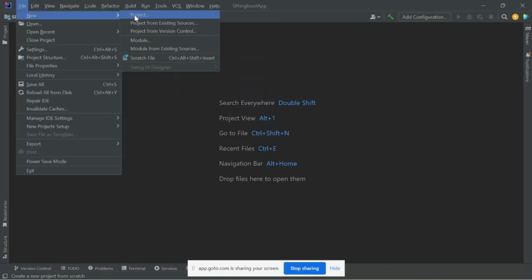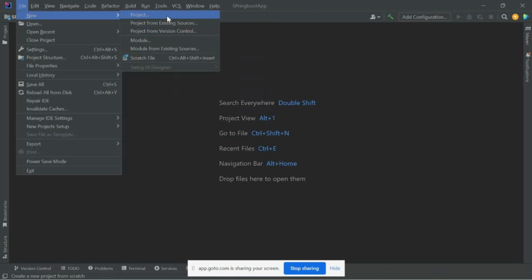Next is TortoiseSVN, again an open source version control you can use. Next are CVS, and for other programming languages there are ClearCase and others. So many version controls are available, but the very famous ones are Git and TortoiseSVN. These two are widely used in the market.